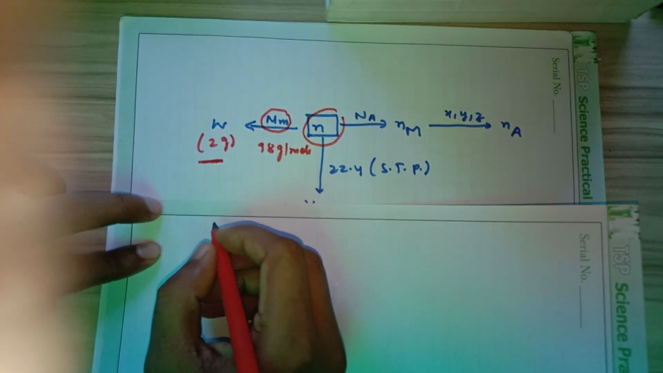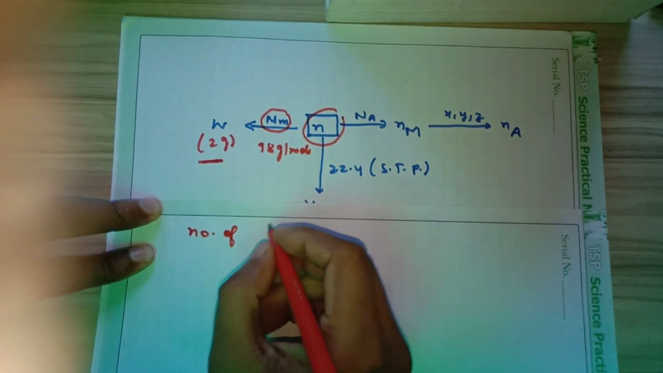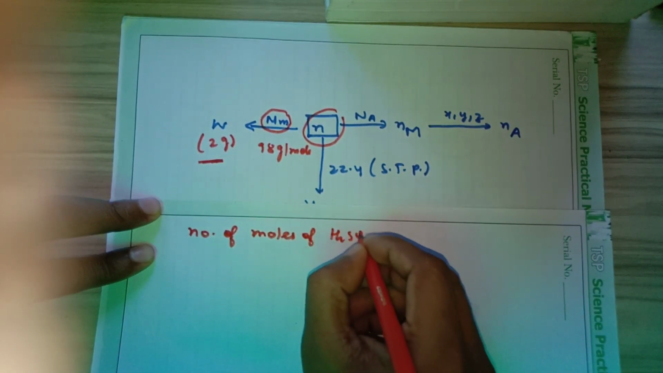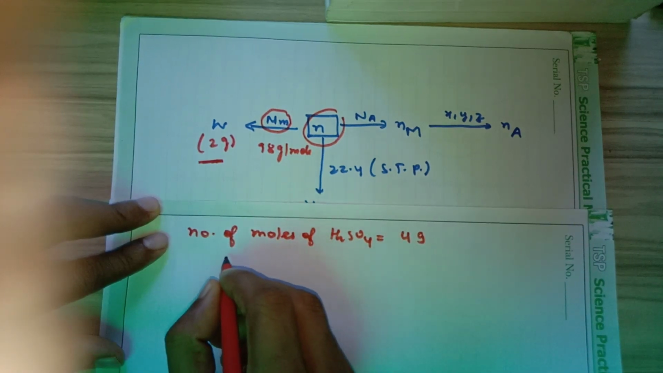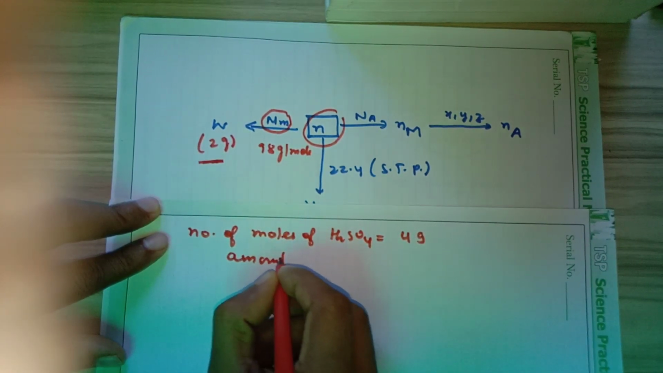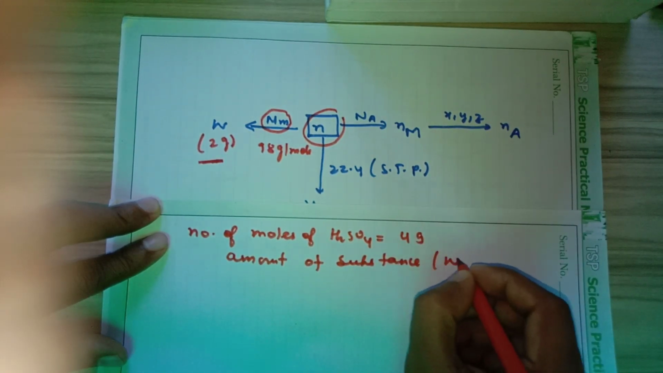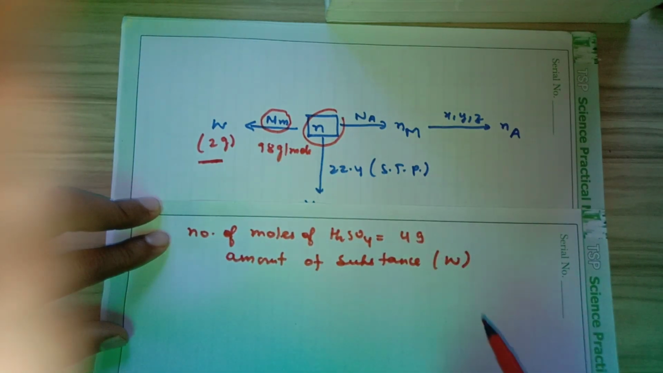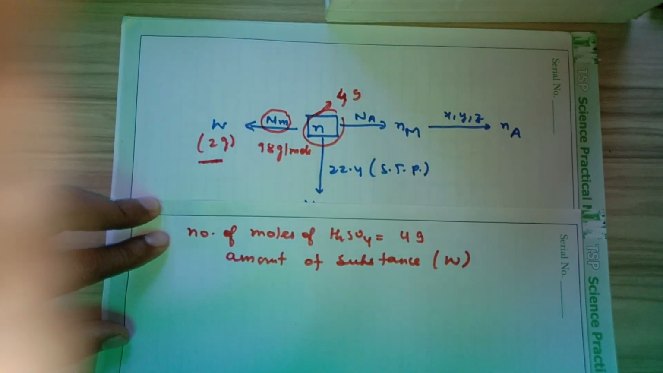Suppose we are given the number of moles of H2SO4 as 49. So this is your number of moles. Now if you have to find the amount of substance, that will be W, or we can say mass or weight. Now we are given the number of moles as 49, and we have to find